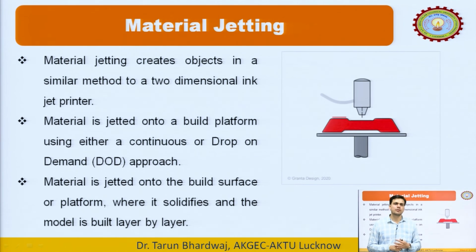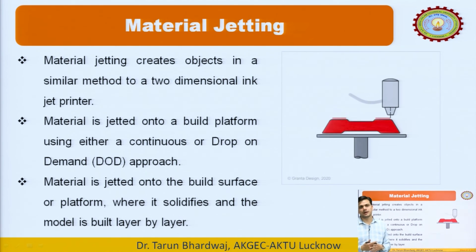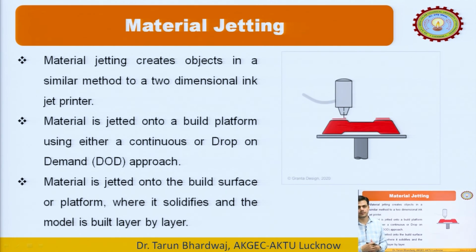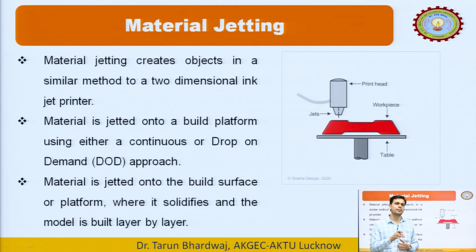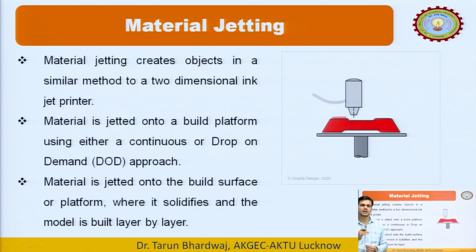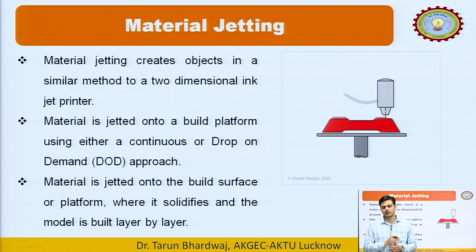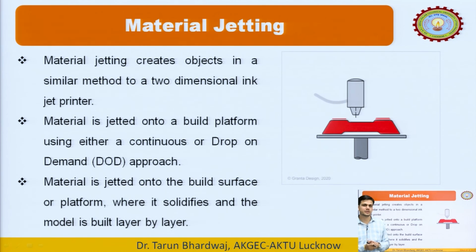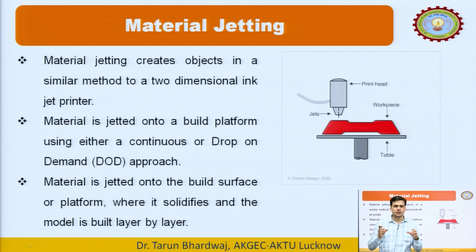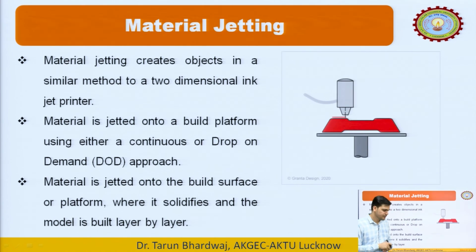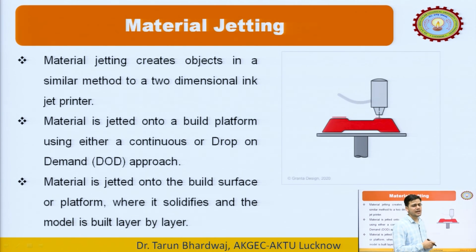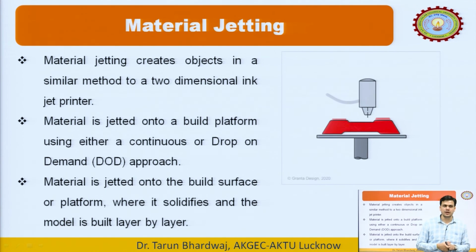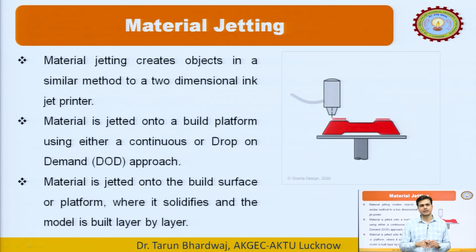Okay, so material jetting creates the object in a similar method to the 2-dimensional inkjet printer, and the material is jetted on a build platform using either a continuous or the DOD approach, means the drop on demand approach. मतलब जहाँ पे आपको बेसिकली ड्रॉप की जरूरत है वहाँ पे आप उसको बेसिकली जेट को स्प्रे करा रहे हैं. Okay, now material is jetted onto the build surface on a platform. When it solidifies, the model is built